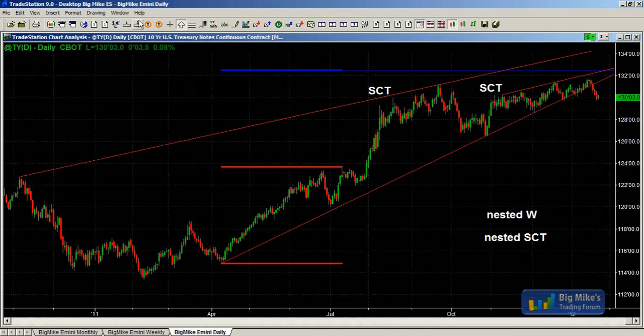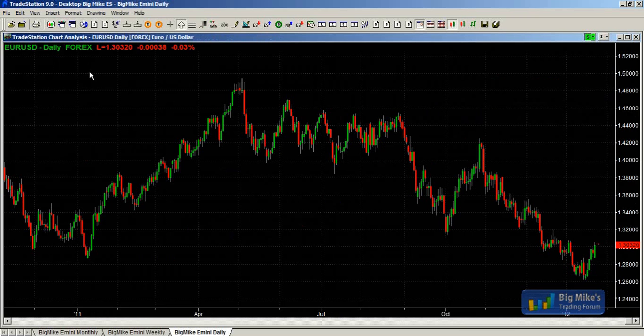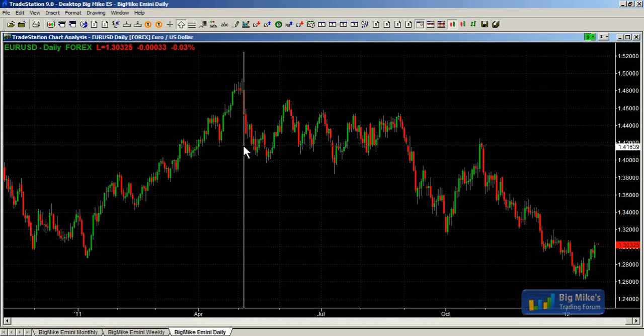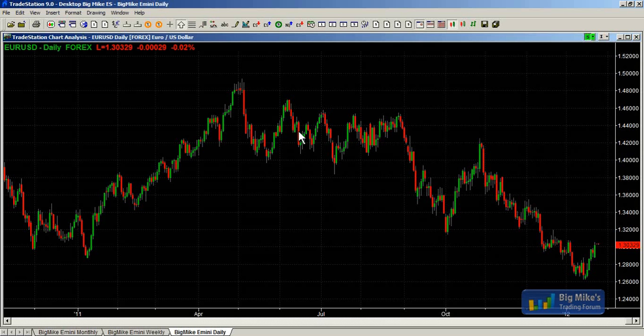Okay, euro. Why is the drop in June and July not a spike that you counted on the chart? I don't have the chart with me, but to me, this is a spike over here in May. There's another spike here, another spike there, a much bigger spike here. It had a bull bar in it, but it's still basically a spike.